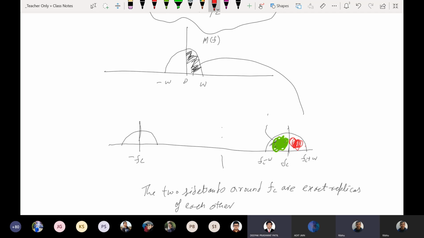Yes, sir. Excellent. Sir, but this duplicate, having two exact replicas, is a direct consequence of the aliasing we are doing, right? We are not doing aliasing. Aliasing will come if we have time towards the end of this course. We'll cover sampling again. So we are not doing aliasing. What we are doing is shifting the entire spectrum.